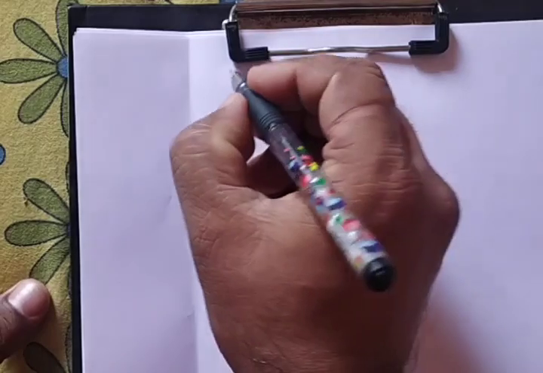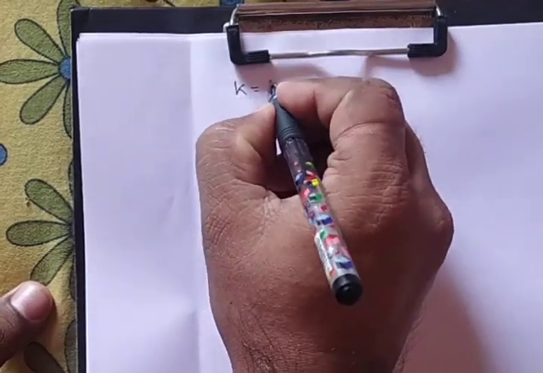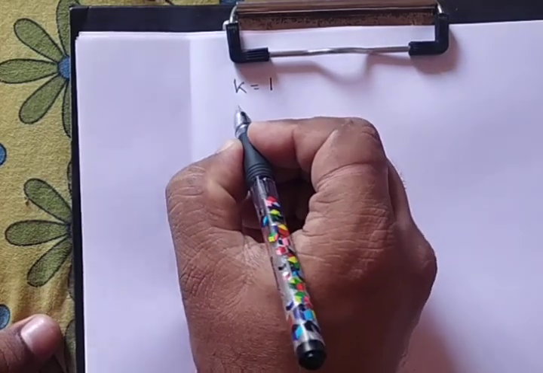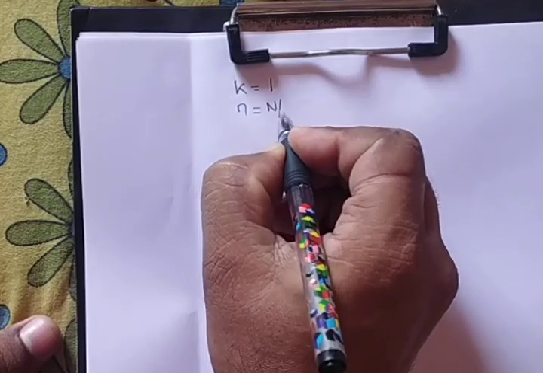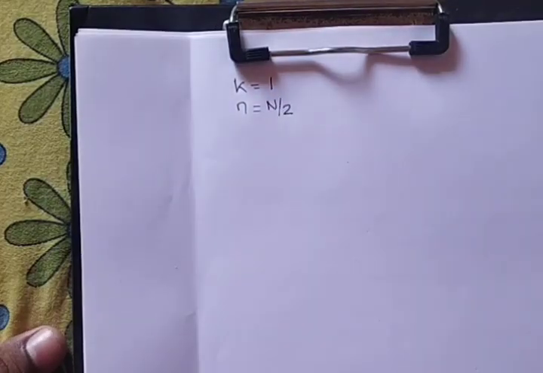So as I said, a trial is being conducted on a single cylinder oil engine having a cylinder diameter of 30 centimeters and stroke 45 centimeter. The engine is working on a 4-stroke engine. So it is having a single cylinder. So therefore K is equal to 1. That is number of cylinders are 1. Then it is a 4-stroke engine. So small n is equal to capital N by 2. That is number of explosions is half of the speed.